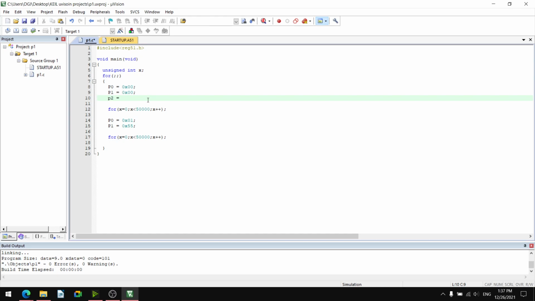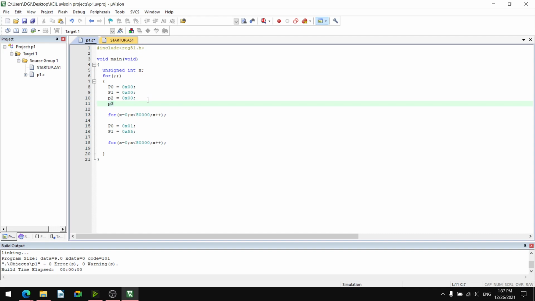P2 equals to 0x00. P3 equals to 0x00. Similarly here, suppose P2 equals to 0xAA. 55 is 0 1 0 1 0 1 0 1.